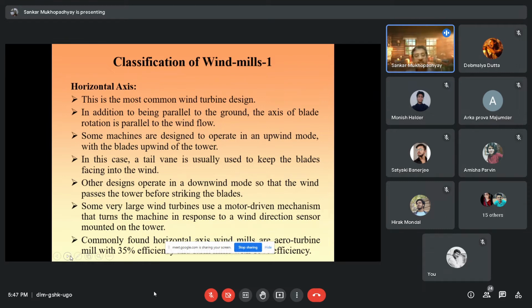Very large wind turbines use a motor driven mechanism that turns the machine in response to a wind direction sensor mounted on the tower. So it is taking the action of a motor. The motor takes power from the wind turbine itself, and when the wind turbine, which is a very large size, starts moving,